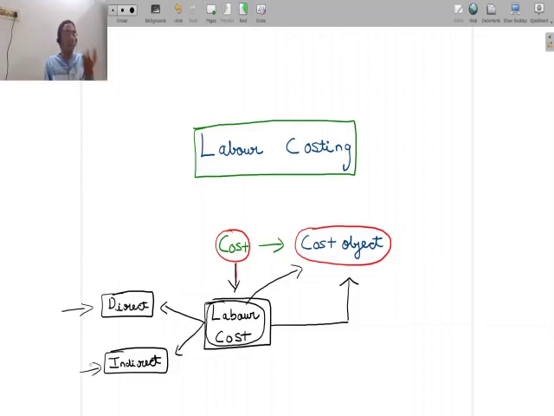Just like how we feel that studying about the cost of materials is important, studying about the cost of labor is equally important. Now that we have had a brief idea about labor cost, let's look at the peculiarity about labor cost as compared to other items of cost. Now I'm going to make a statement here. I'm going to say labor cost has a little bit of peculiarity.